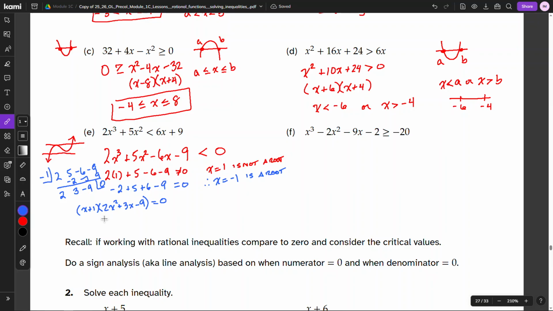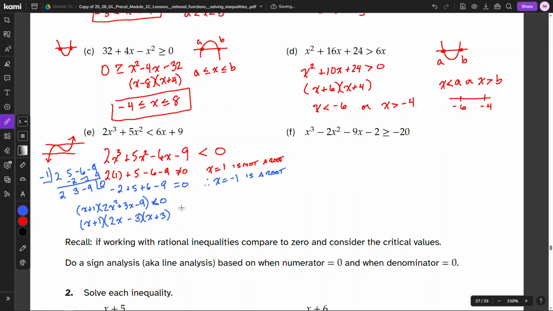being equal to 0. Now, the 2x squared, that can factor as 2x and x, and actually this needs to be less than 0. All right, so I then have x plus 1. All right, so 2x and x, so we can try to think through what might happen here. So I need numbers that multiply to be 9. But then I'm going to, within the product, have a difference of 3, positive 3. So if I put a plus 3 here, that's 2x and 3 is 6x, and a minus 3 there, that